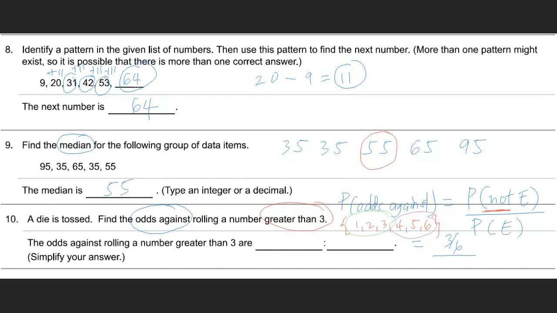So your probability of getting that would be 3 over 6 also. So dividing that, it gives you 1 over 1,